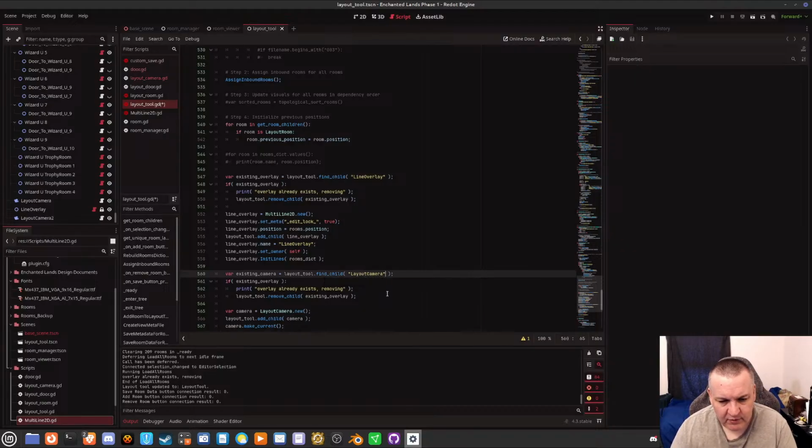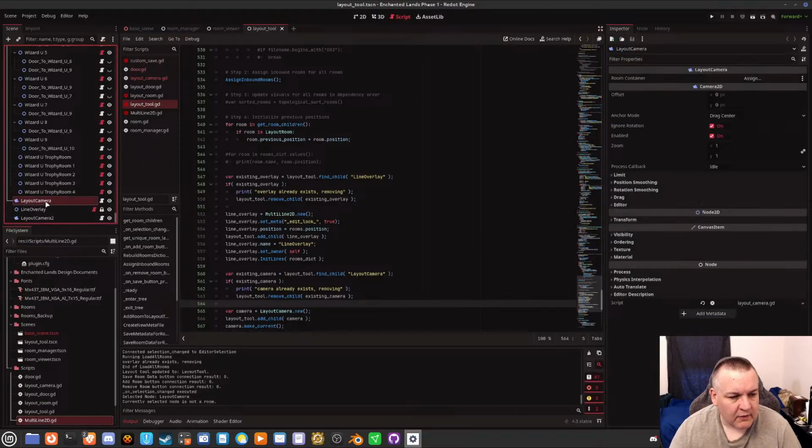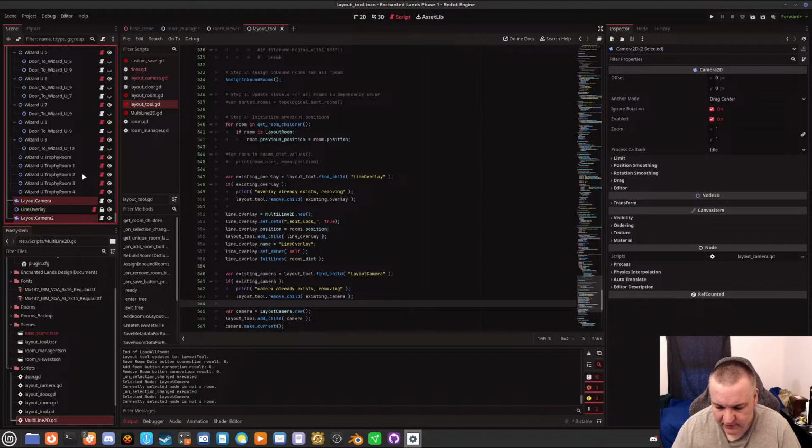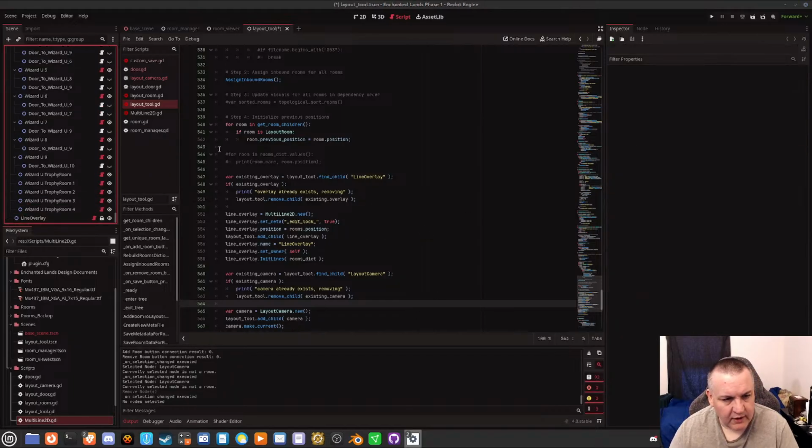There's got to be a better way of doing this though, but if existing camera already exists, remove it: layout tool remove child existing camera. There we go, and we can save that, and we can go ahead and delete those. Okay, we can save that.